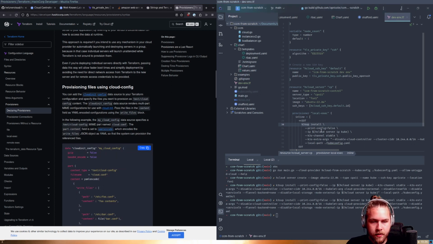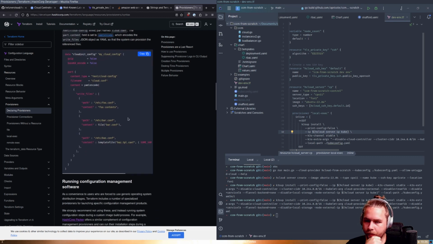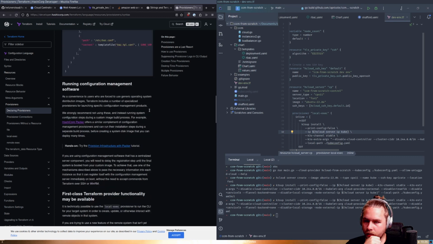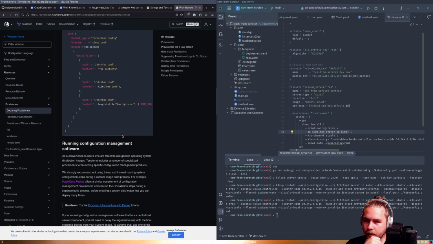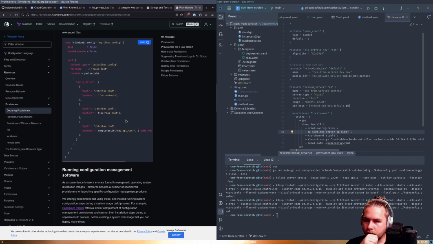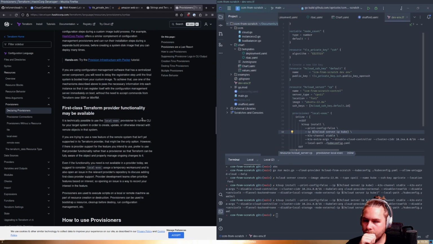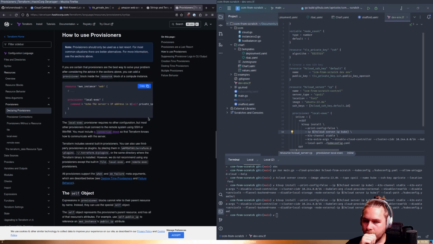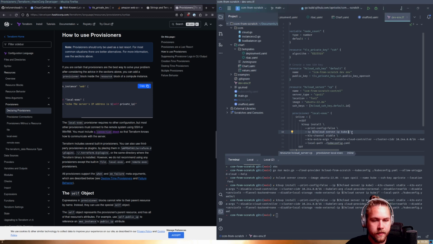Okay, so what I'm trying to look is if we have access to the IP of the server in this provisioner code. Because then we can, yes, okay, so we have self dot something. So let's do self dot